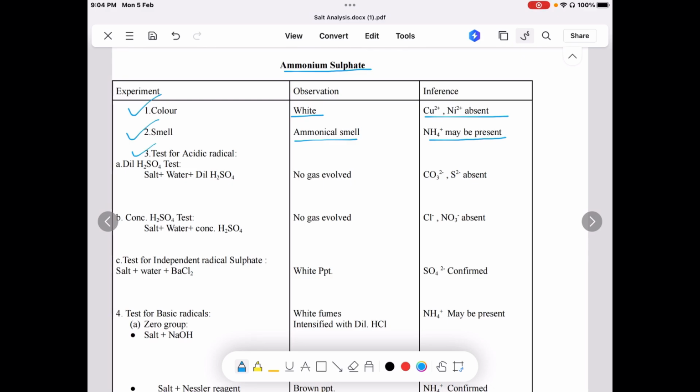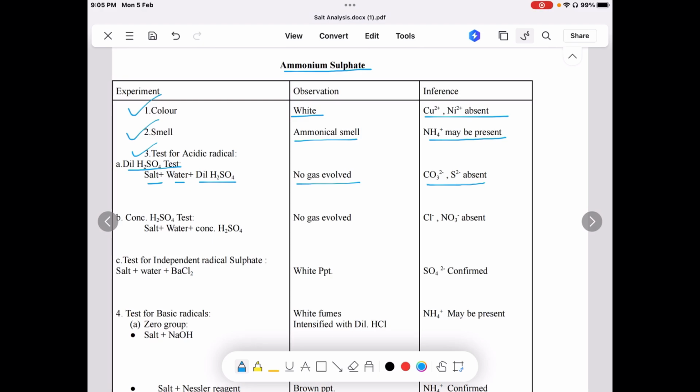Then the third step, test for acidic radical. Here we first perform dilute sulfuric acid. What we do here, we take a salt in a test tube, add a few drops of water to it, and then 1 to 2 drops of dilute sulfuric acid. No gas evolved, so all the radicals which show test with dilute sulfuric acid like carbonate, sulfide, nitrite, they are